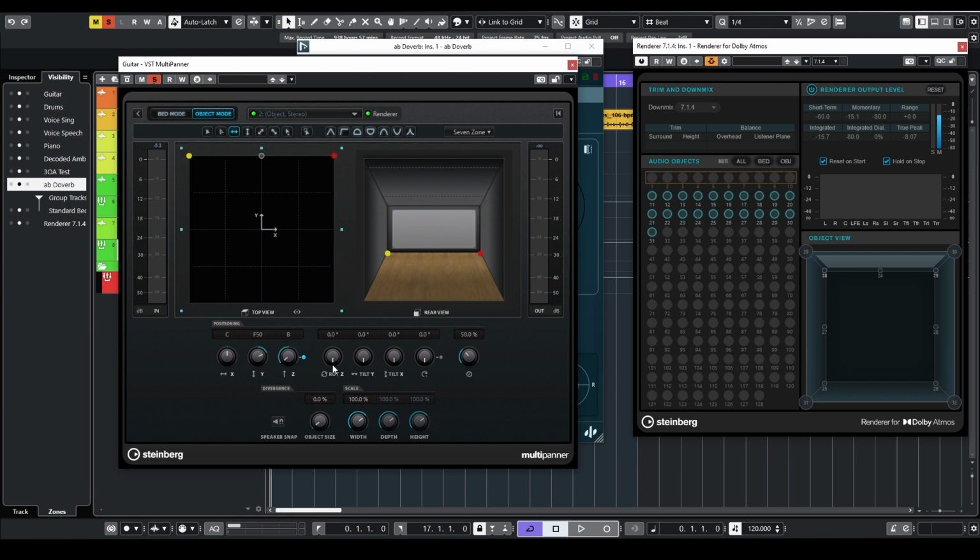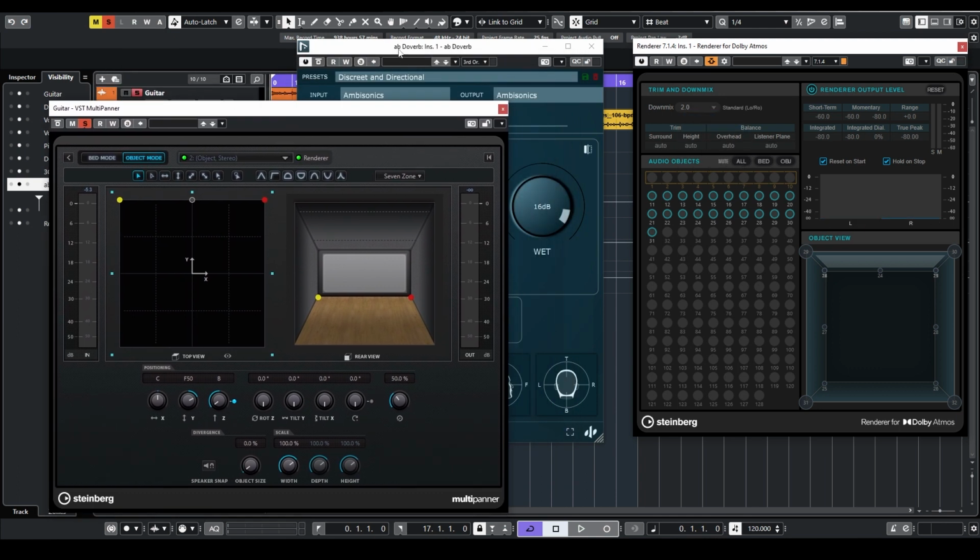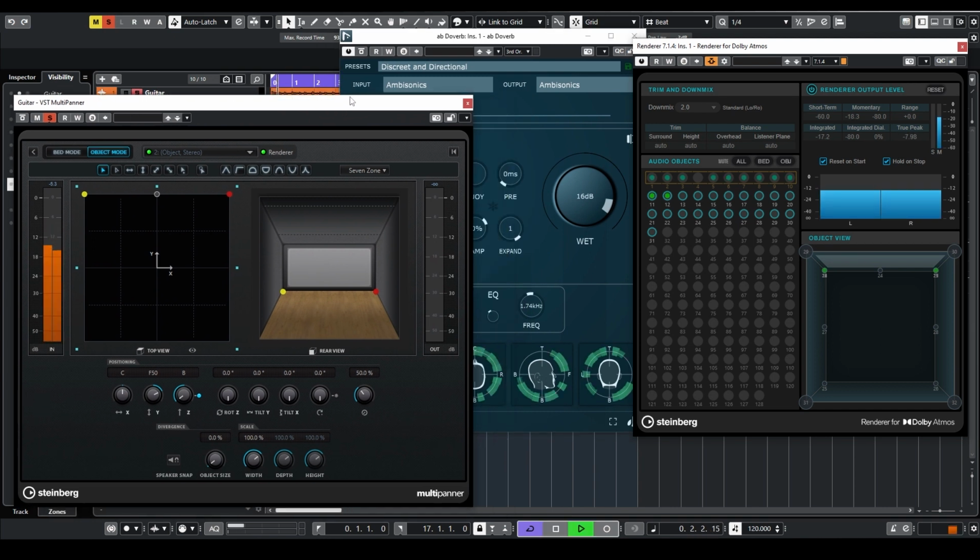Now, let me just go back to the beginning and I'm just going to downmix this to stereo so that you can hear it. So now in stereo, if I press play, you can hear the difference between the guitar without reverb and the guitar with reverb. And now if I start moving the dry signal, you will see that the reverb is aware of where the space of this processing is happening. So if I press play,